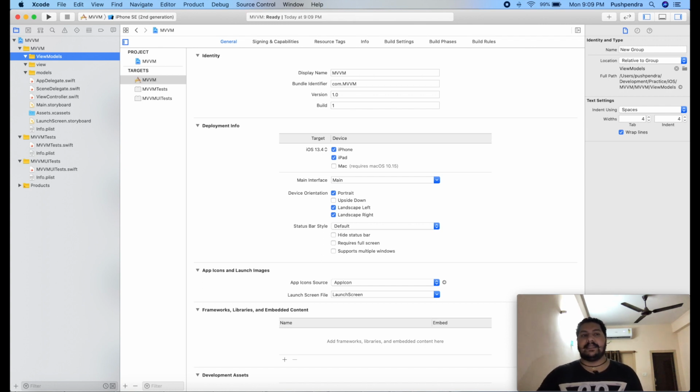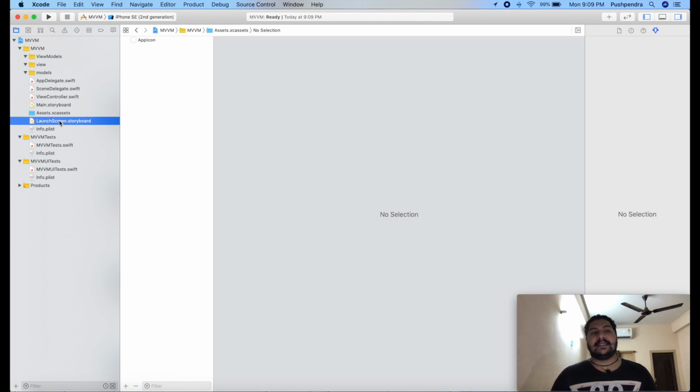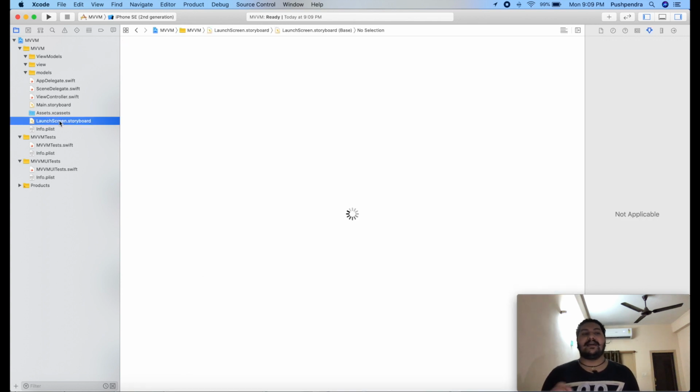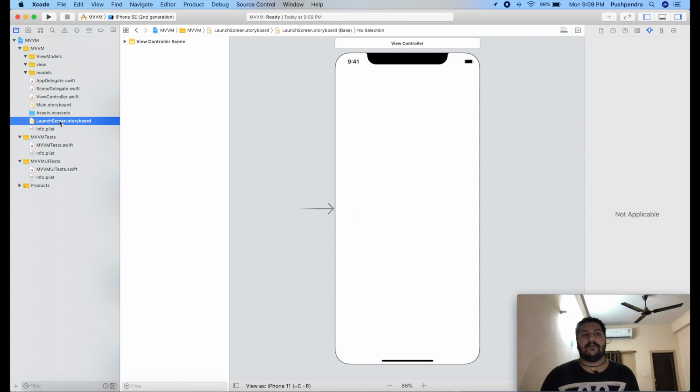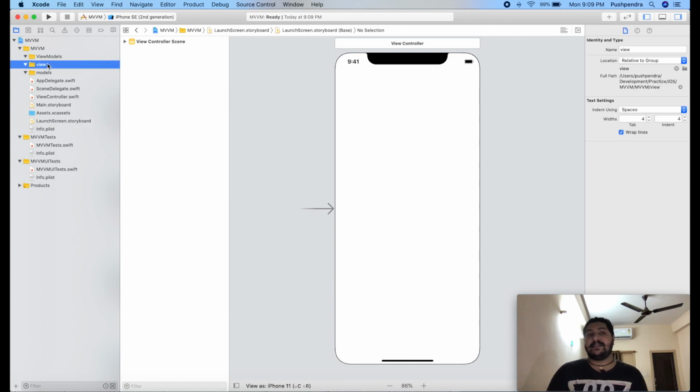First of all, whatever is related to view I will take inside the view folder, like your cell code or any Swift code, whatever SwiftUI, it will also come into the view folder. Like I have this main storyboard and launch screen storyboard, so both will come inside the view folder. But inside the view folder you can also substructure that.